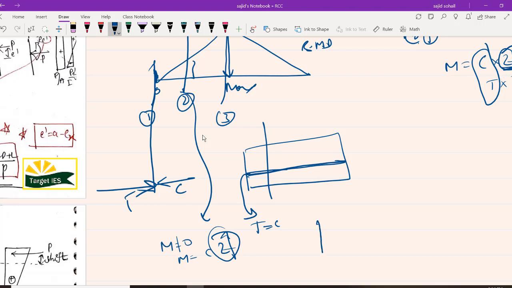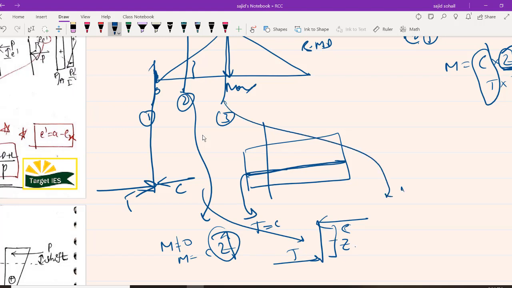Okay, so at this section 2, if this is my compression, this is my tension, and the distance between this is my lever arm. I hope it is very clear. If you are seeing this section 3, what happened? Your moment value further increased. That means your lever arm value got increased. That is, my C is moving up. I hope you are getting the point, right?